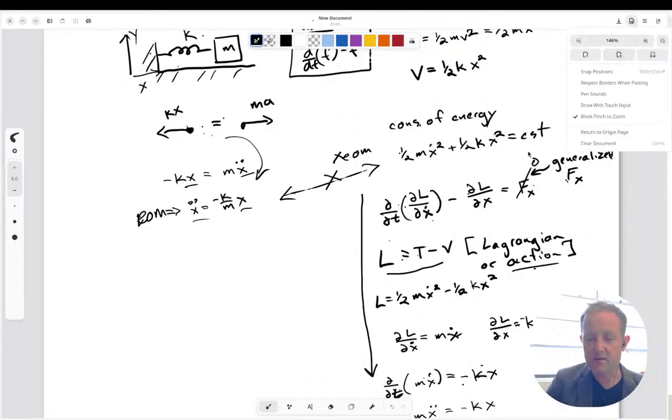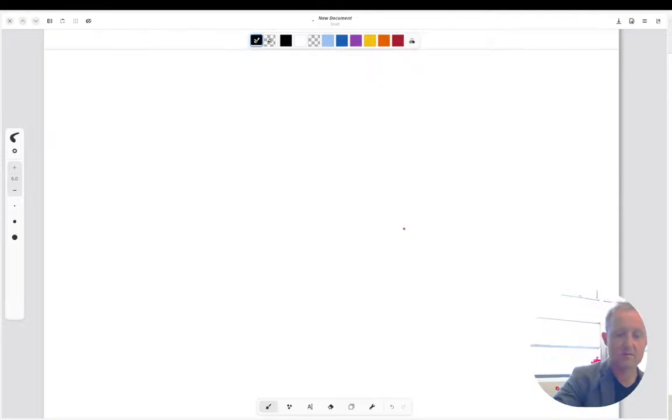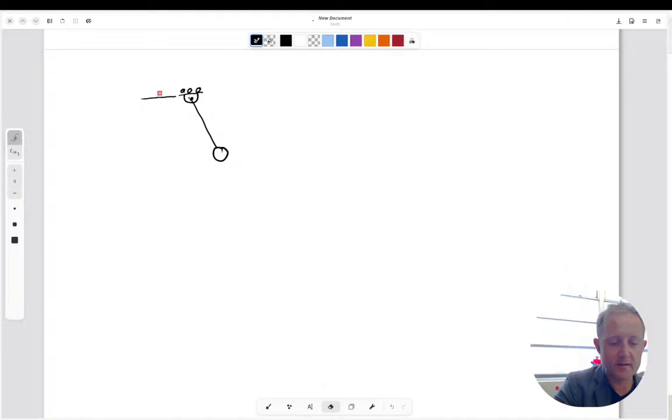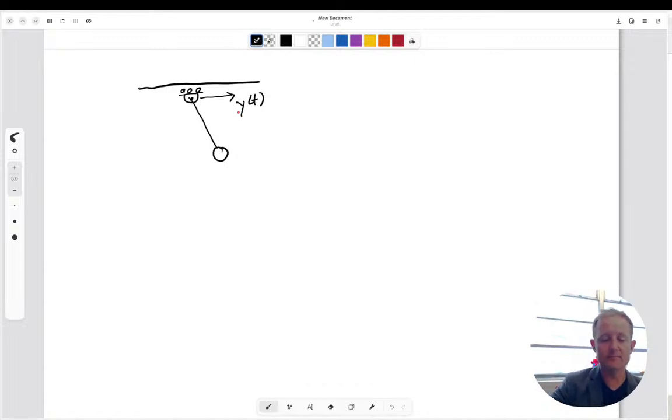And let's make a new page. Because what if we have a pendulum that can also roll, like it can move around, and maybe we even know it can roll, and we're going to say that this has some y of t, like I know what that function is, or I can prescribe it, maybe that function is something that I want to change. So theta here,